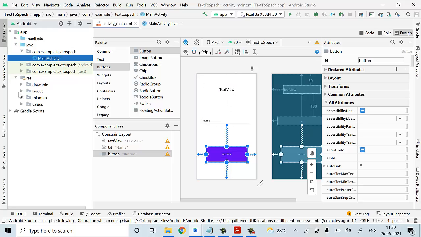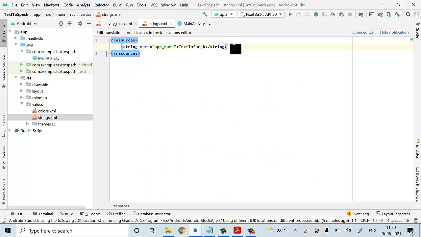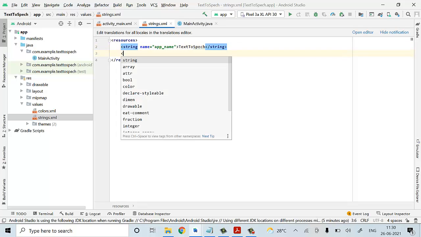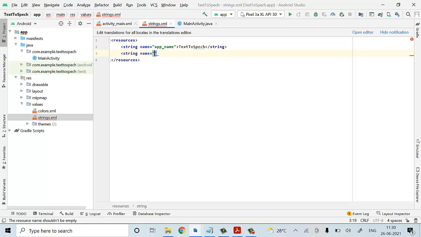So res, values, strings. So now here I'll write the statements. String name title, so I'll close this here. Text to speech. Text to speech. This is your title.